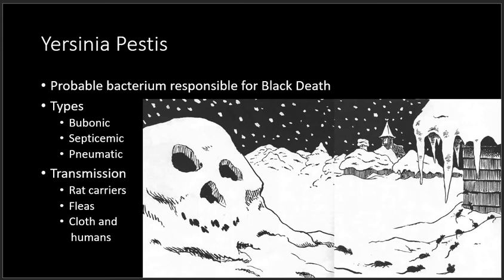So, based on analysis of those who died from the Black Plague, and we have several mass burials, some of which have enough remnant DNA to recover markers of illness, Yersinia pestis is likely the disease that caused the Black Plague. Yersinia pestis manifests in several forms. Bubonic plague is the form largely described during the outbreak. Its primary feature is the swelling of lymph nodes into large, tender growths that often turn black. Called buboes, this is where the term comes from.